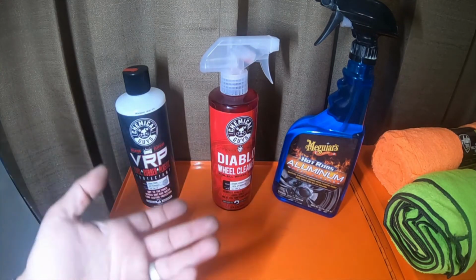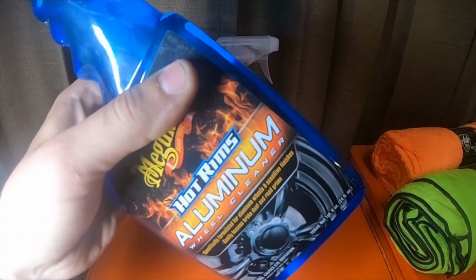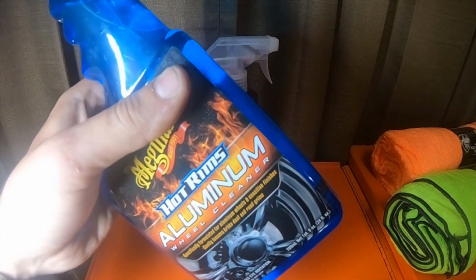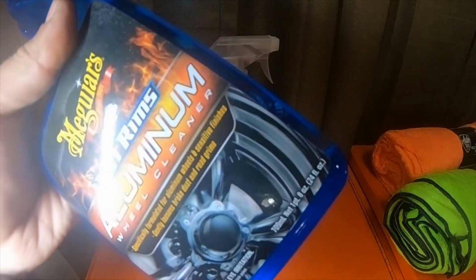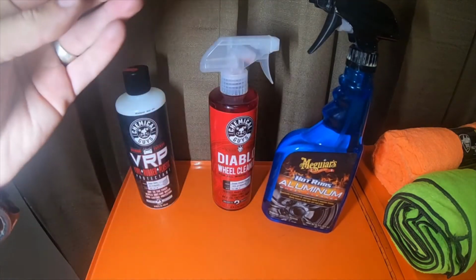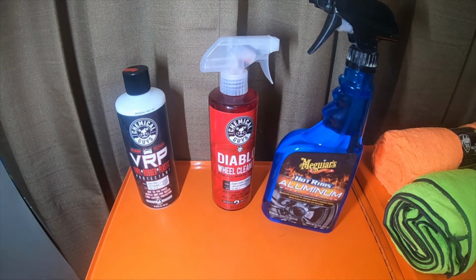All of these are readily available at Walmart. I've been impressed with this guy, not this version, but the magenta purple looking bottle, for years, because it's less than $6. And I keep buying it because it works well. I just figured I'd give the aluminum one a try because technically